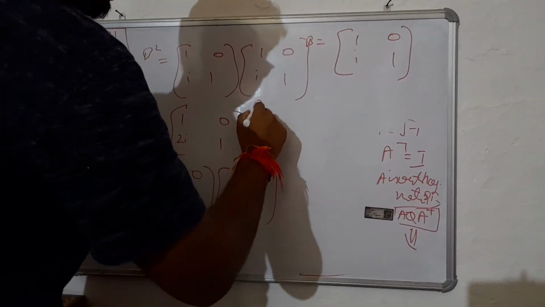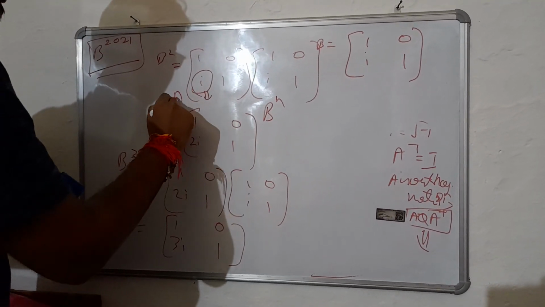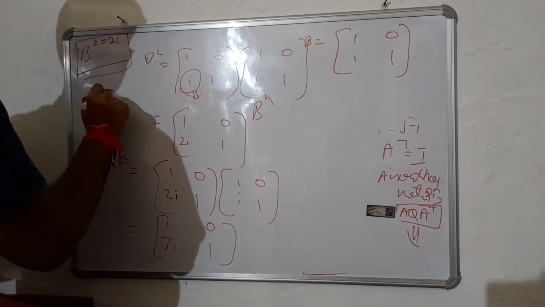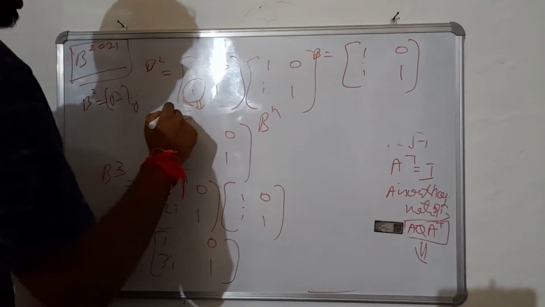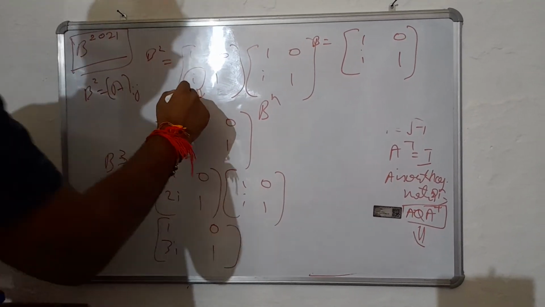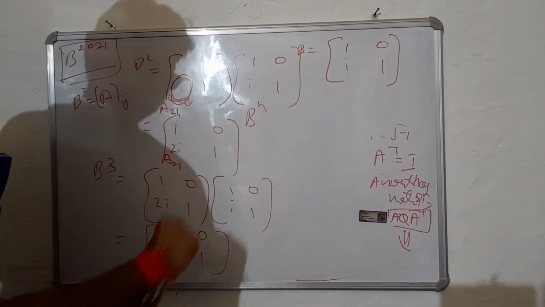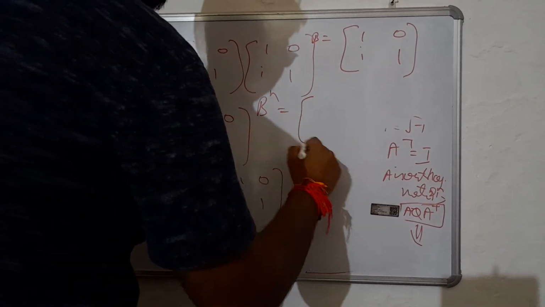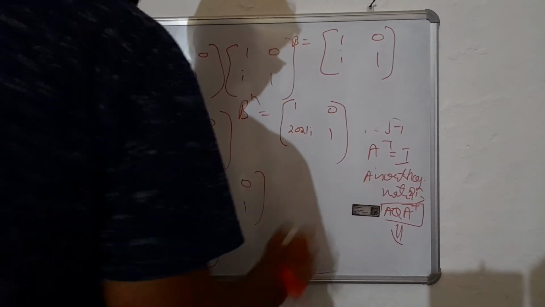So in a general form we can write, see here, the only change is in this term. What is this term? A21. Or we can say let this matrix be somewhat A. Okay, let B square be the matrix A_ij. So this term is A21. Here you can see that only this element of this matrix is changing, the rest is the same, and it is forming an AP: iota, 2 iota, 3 iota. So B raised to power n in general will be 1 0, n iota 1.